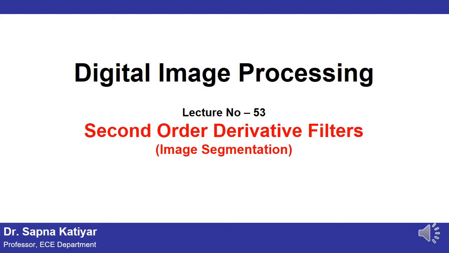Let me tell you once again what is image segmentation. Image segmentation is partitioning our image into some smaller subregions. That is what image segmentation is. So in case of image processing, there are various applications, various functions wherever there is a need of image segmentation. So you need to study how the image can be segmented and what are the techniques over there.